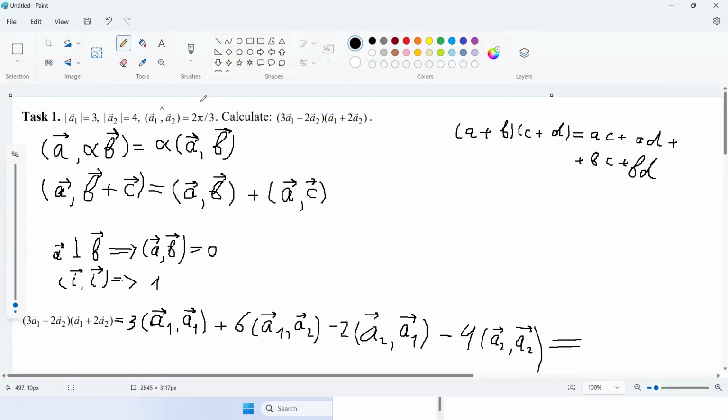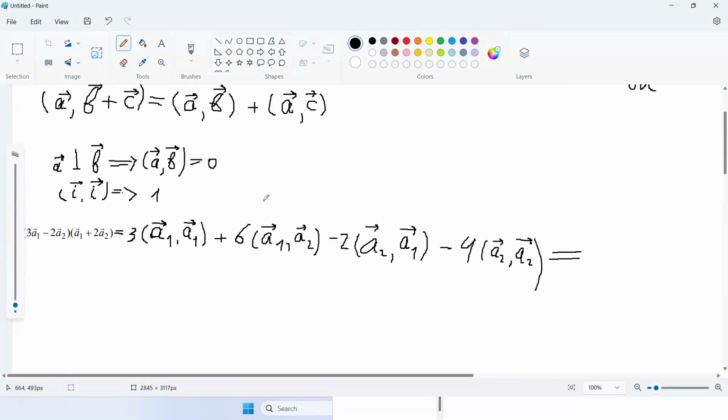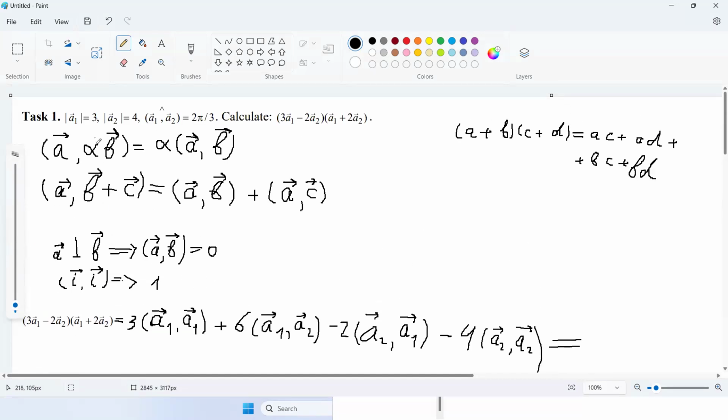Okay, now let's use the rule: module of A multiplied by module of B, and then multiplied by the cosine of the angle between them. So the first one, we multiply 3